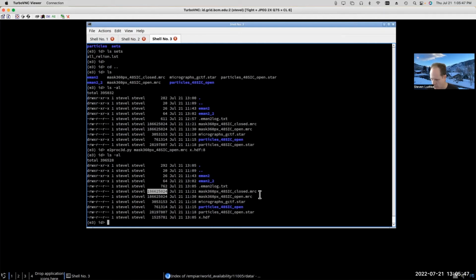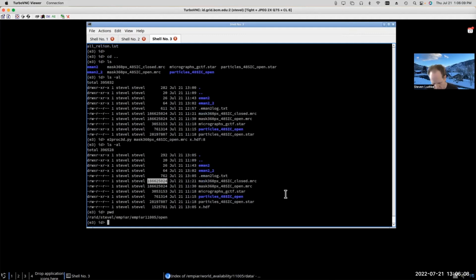So if you're trying to send final volumes that you got out of a reconstruction or something like that to someone else you want to look at, just converting it to HDF will generally save a tremendous amount of space. This isn't just masks that it's good for. You can also compress here. Let's take a look at a 3D refinement.